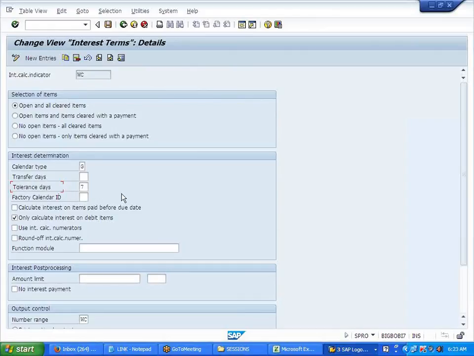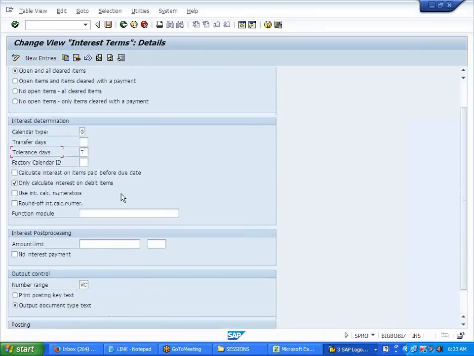So if I calculate interest on the second day, no interest is calculated. Third day, no. Fourth day, no. Up to the seventh day, no. Once he crosses 7 days, that is from the eighth day, it should calculate the interest, correct? Right, that is my requirement.